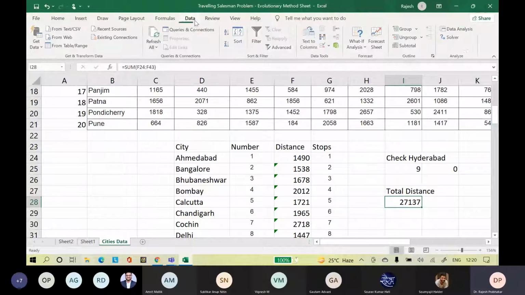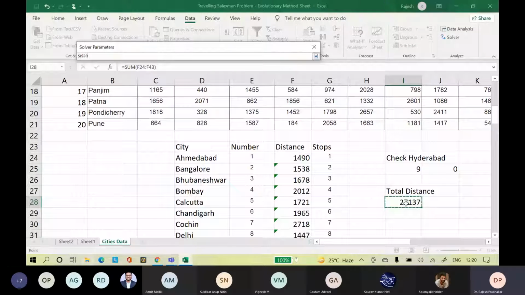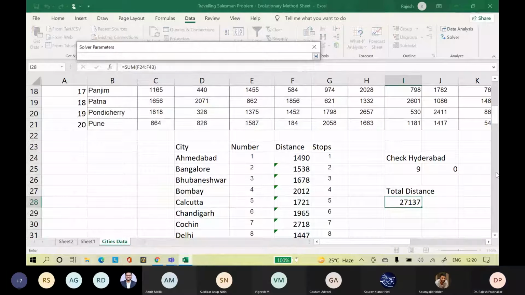Then we will go to data tab, solver, minimize, set objective to cell is this, minimize by changing the cells. So cells are your 1, 2, 3, 4.